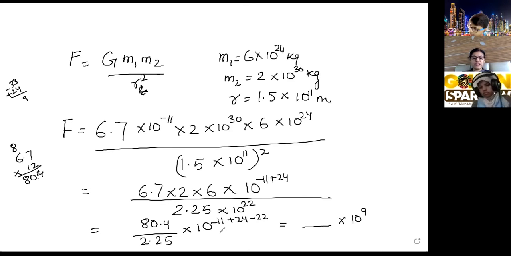Now we have to calculate this 80.4 upon 2.25. So you will have to multiply by 100. If you multiply by 100, because the denominator you have to make it 225. Denominator हो गया 225, ऊपर हो गया 804 and 10. When I multiply 80.4 into 100, it is 8040. Now lowest form kar lo, 5 fours are 20 and 5 fives are 25, and here lowest form 5 ones are 5, 5 sixes are 30, 0, 5 eights are 40.